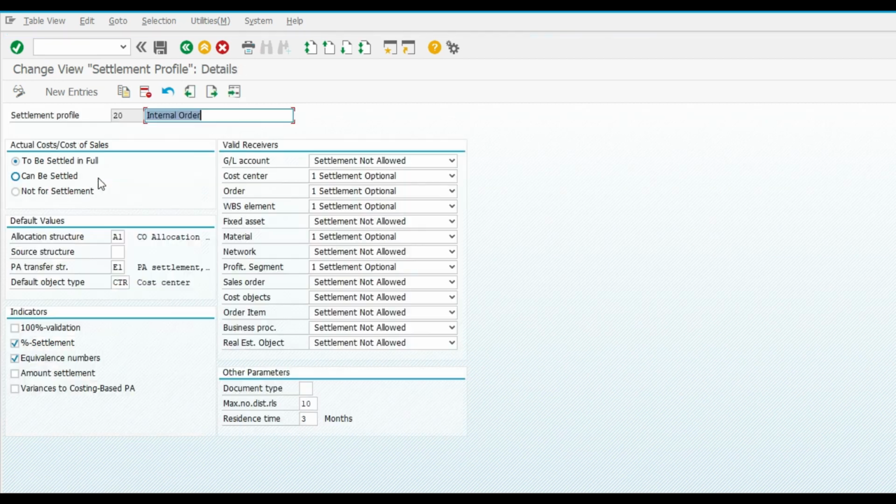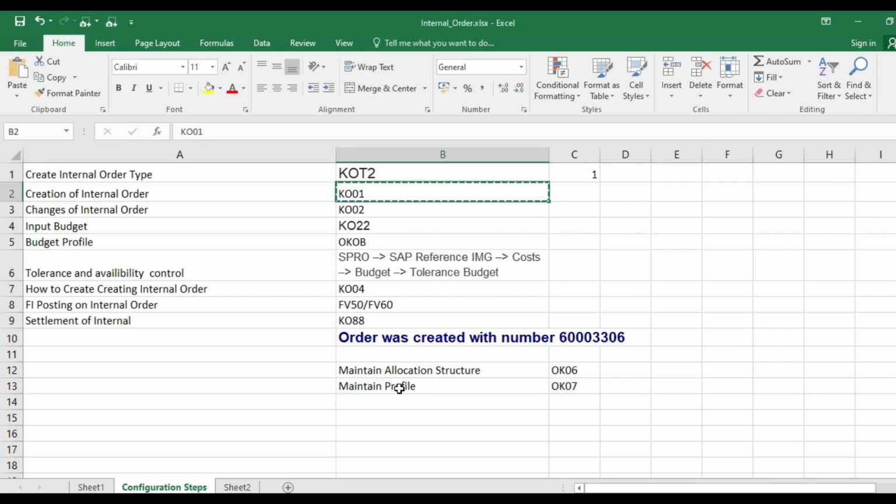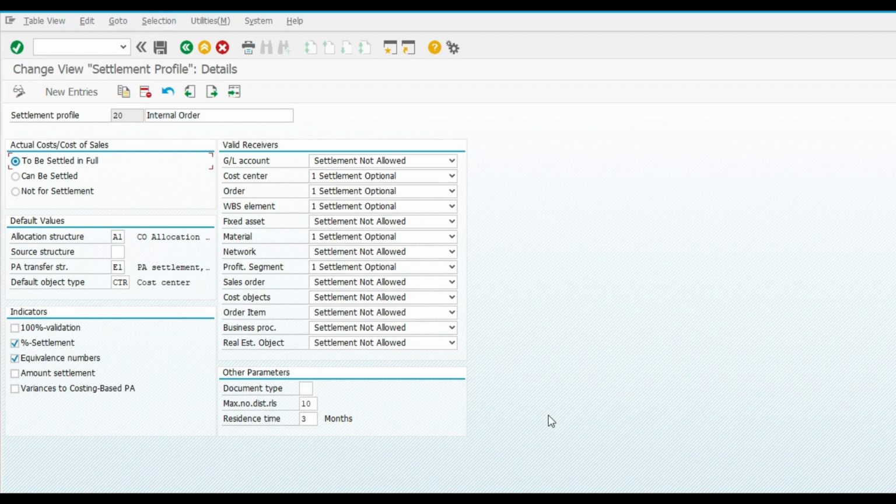OK07, 20 we have taken. So the allocation structure is A1. Let me explain the settlement profile first. This one, maintain profile OK07.